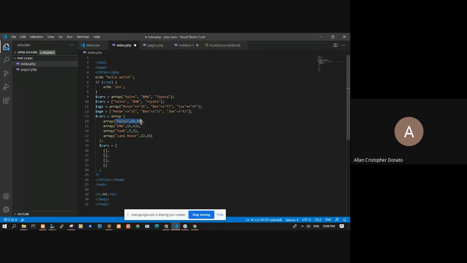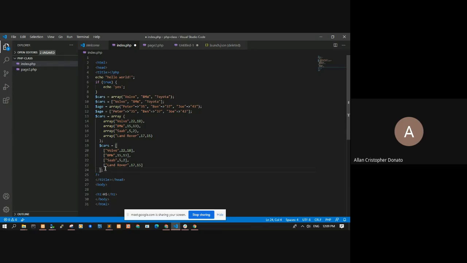Okay? 1, 2, 3, and 4. Okay, so it's up to you which of these is easier for you to do. They are just similar arrays. For me, it's easier to do this one.